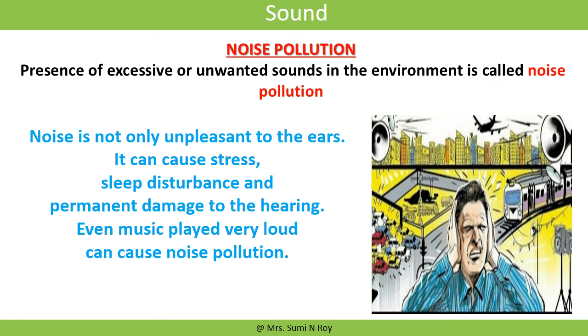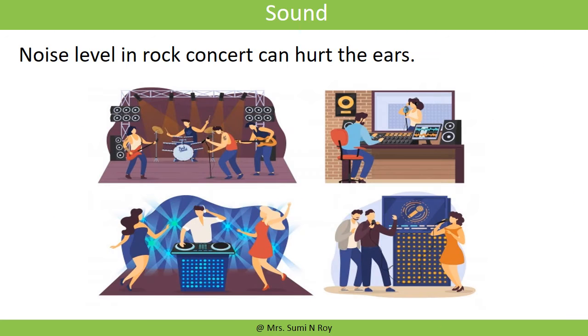Some of the major causes of noise pollution in the environment around us are as follows. The motor vehicles like cars, buses, and trucks running on the road produce noise pollution by blowing horns and the sound of their engines. The bursting of crackers on various social and religious occasions produces noise pollution. The various machines in factories make loud sound and can cause noise pollution. The takeoff, landing, and flying of aeroplanes produces noise pollution. Noise level in a rock concert can hurt the ears.